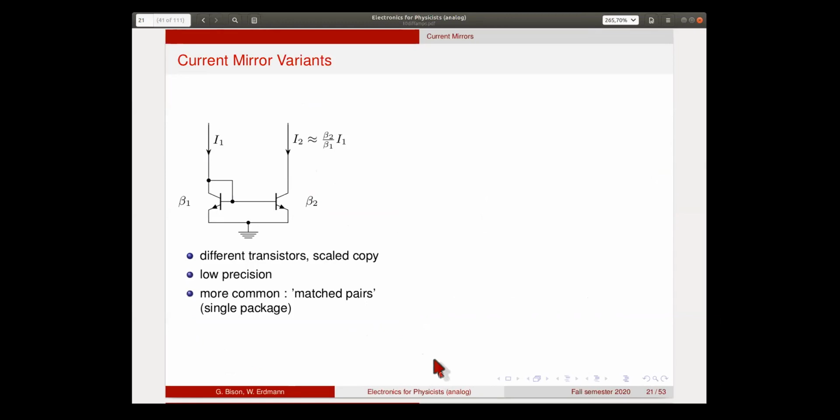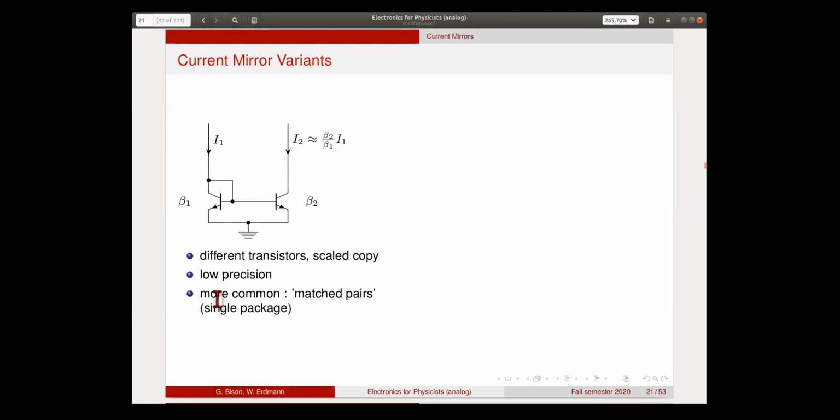There are some variations of this. There are actually many variations of this. One of them is if you take different transistors, where the one on the right-hand side has a different beta, for instance, a larger beta, then you get a scaled copy of your current. So if this one has beta 2 and this one has beta 1, then the current here will be multiplied by beta 2 over beta 1. This is, however, not used very often because the beta, as we've said before, is not well controlled. So if you want a precision circuit, you typically try to make these transistors as similar as possible,